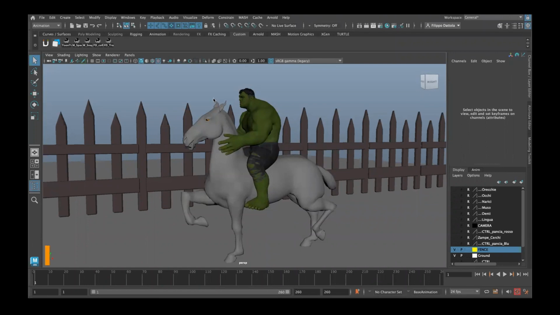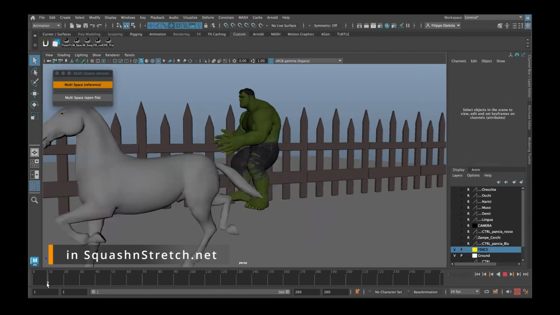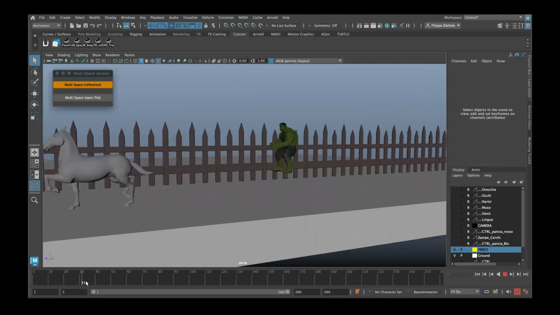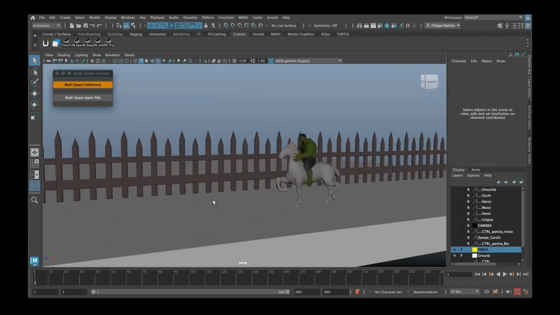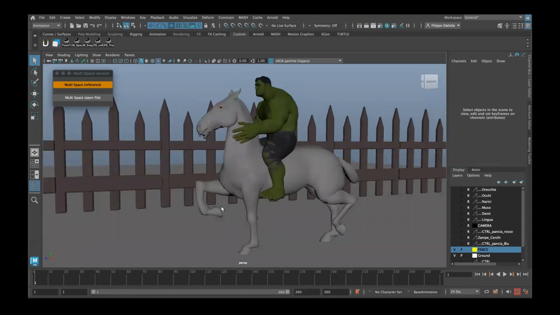Let's see another example on how we can use this multi-space plugin to help us animate. I took this shot from a student, Ramona, which did this trot, just the trot, not the yoke. This nice trot exercise with the horse. And I thought to put Hulk on top and see how we can use this script to help us animate